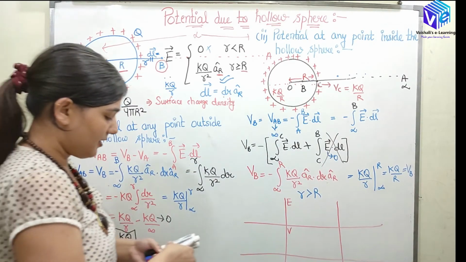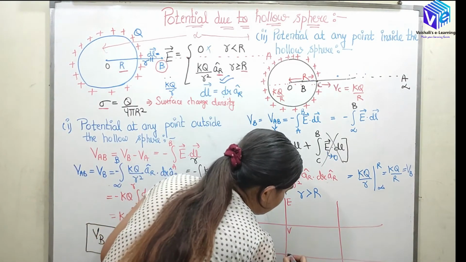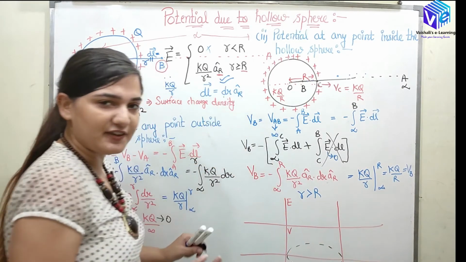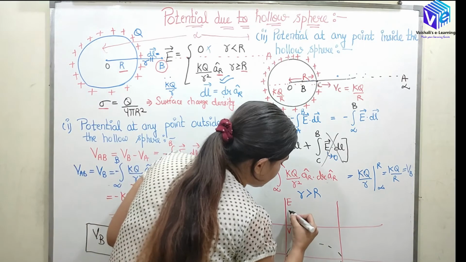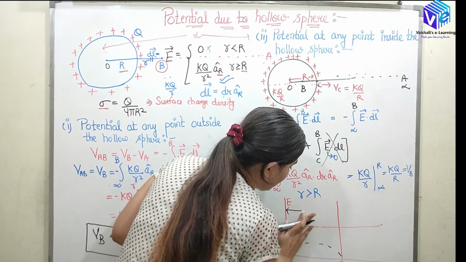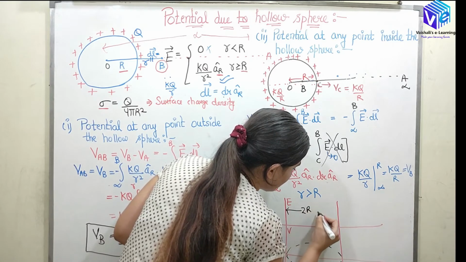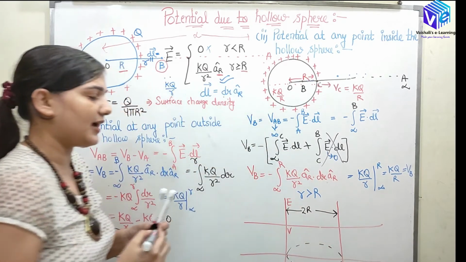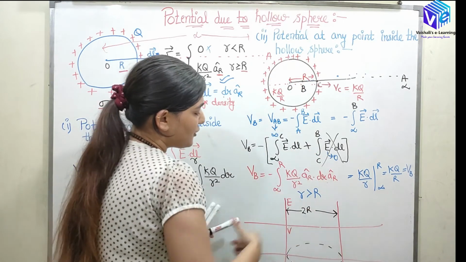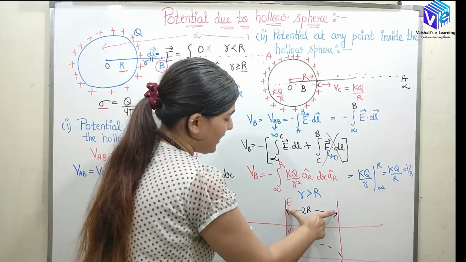So if I draw the pattern, here we have our sphere. This is the sphere that we are having. This is the diameter, or 2R I will be writing down so that you won't get confused. This is the diameter inside the sphere. So if I extend this, here you can see this is my 2R.